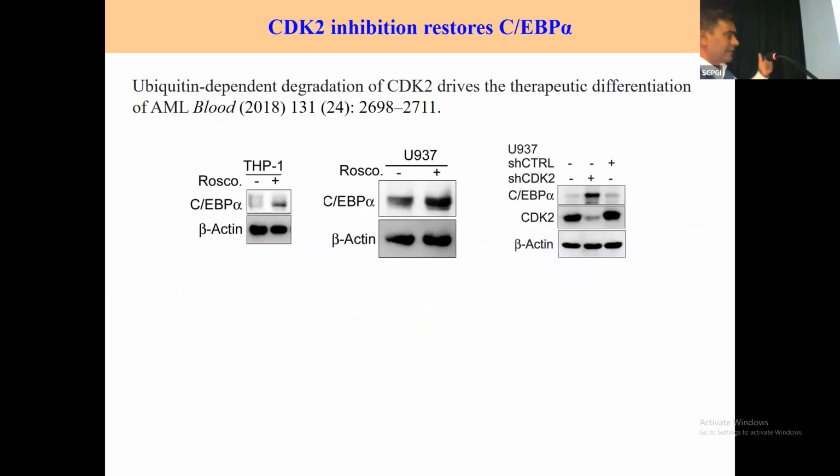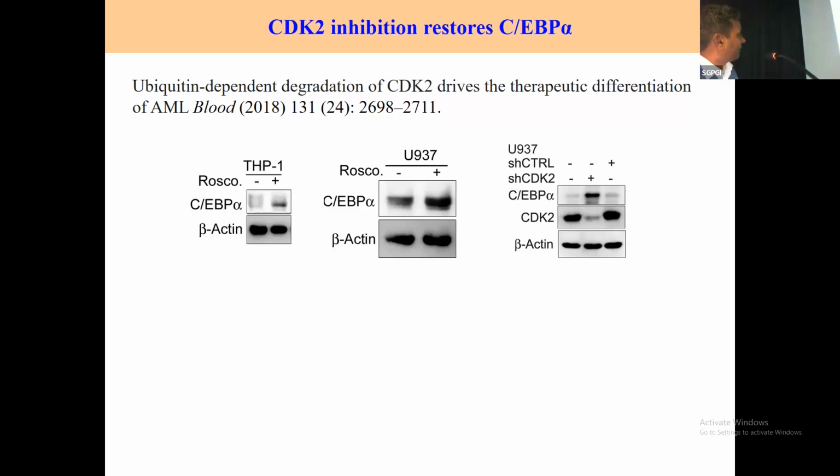That study, published in 2018, found that degradation of CDK2 is required for the induction of differentiation. So based on this, we speculated that CDK2 could be inhibiting CBP alpha. To address that, we first evaluated